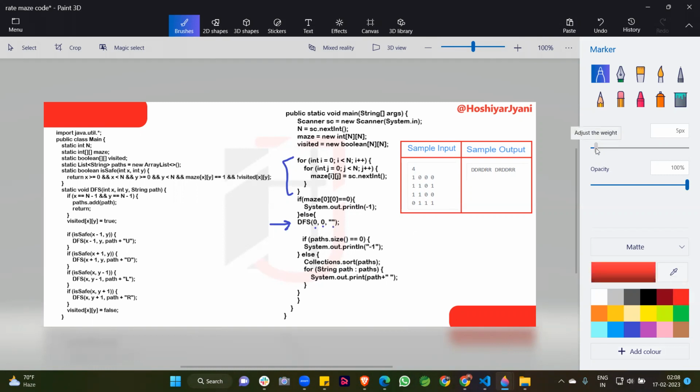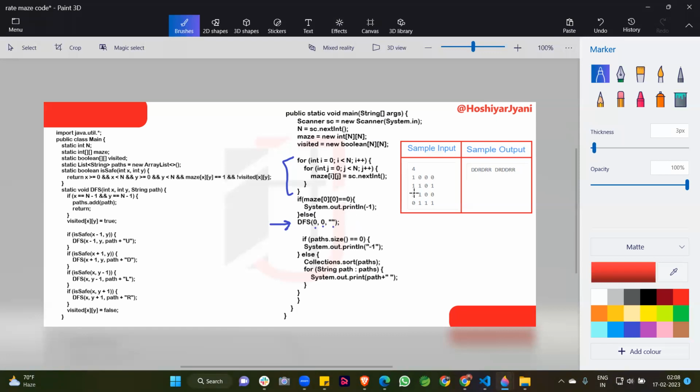When we are checking the paths and we get 1 1 1 1, we simply add those moves to this empty string by concatenating. First we are at this position and we come to this position, then we go one position down, so we concatenate d into this empty string.